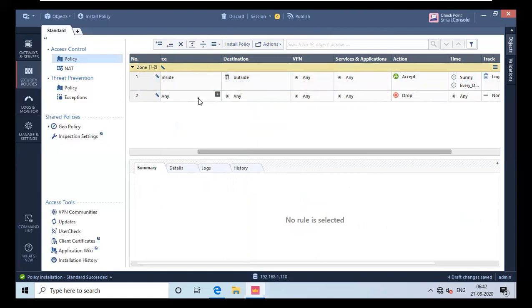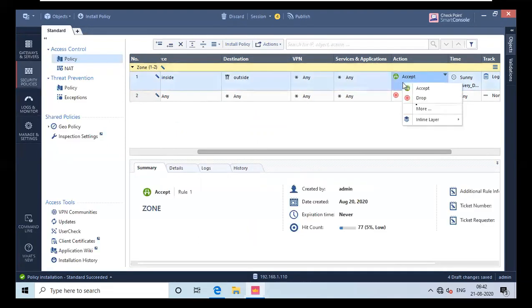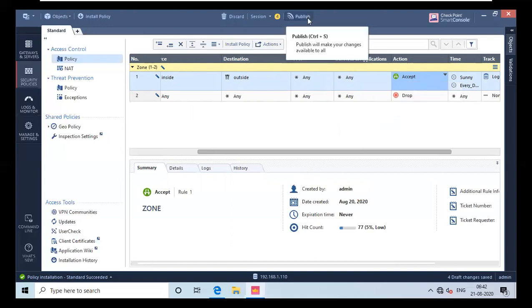Yeah. And if you want, you can create an inline rule by right clicking on this and going for inline layer and add a new layer, which will ask you, can I create an object for the inline layer? And then you will have 1.1, 1.2, 1.3, etc. So I am not creating any inline layer, because I have only one rule and I have nothing to make common. So I will not add.